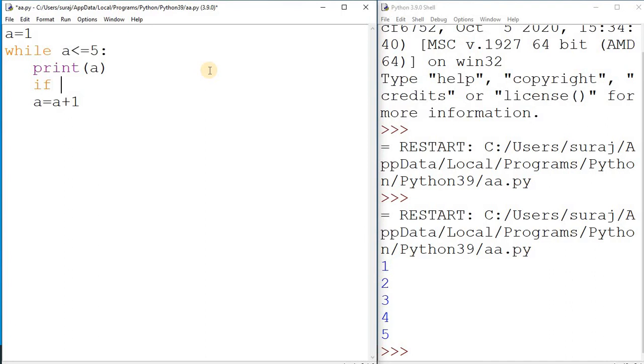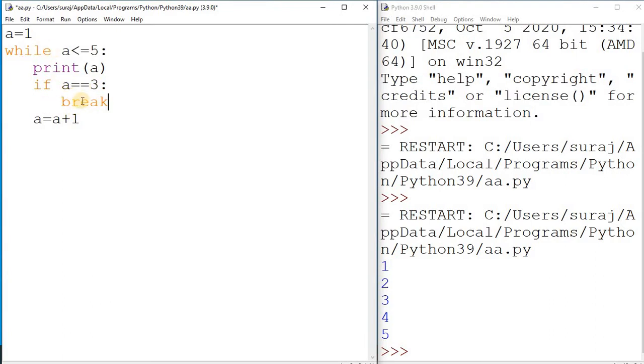If a is double equals to 3, meaning a is exactly equal to 3, I want to break the loop. You see it automatically takes the indentation, so you don't need to give it manually and the error will not come. Then I write break, so instead of showing 1 to 5, when a is 3 it will stop the loop.